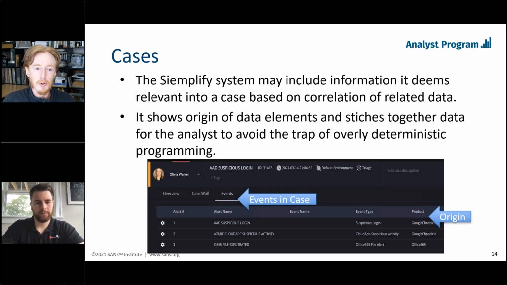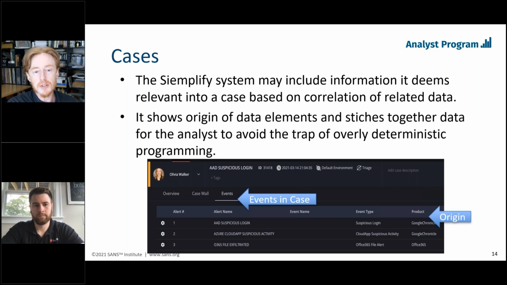And so basically this is what I call correlation, which is either correlation to things that we have in our environment or correlation to threat intelligence, which is outside of our environment. The Simplify platform will perform that correlation for you, and it will give you that information. It shows the origin in the view that we see here. We have a couple of different origins, which are the source for that correlated information. And the tool is doing this on the back end in order to show the analyst information that's relevant.